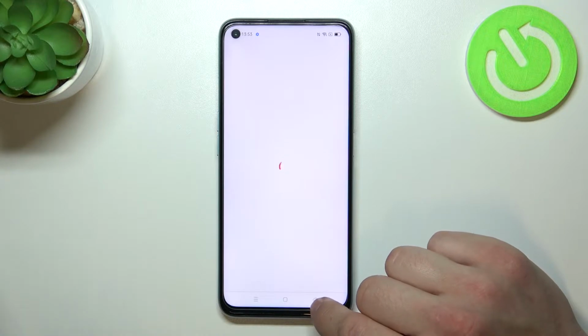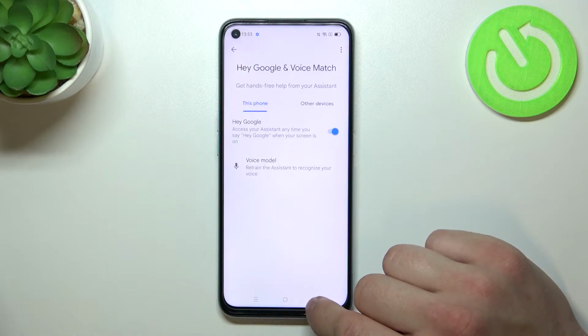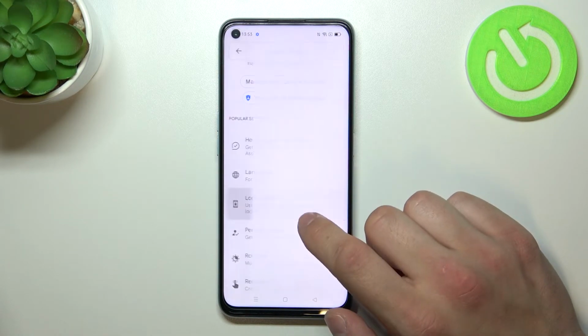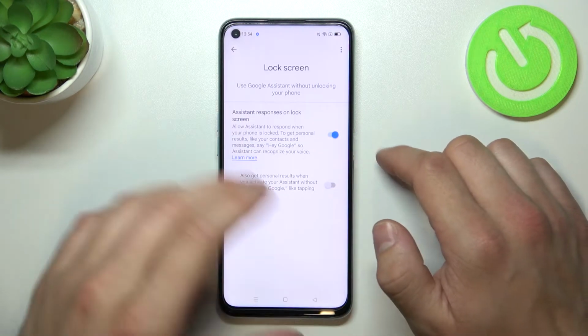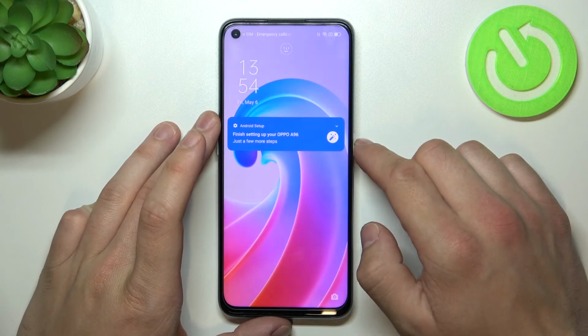Now go back, enter lock screen, and also make sure that this function is enabled. Now you can simply lock the screen and say, Hey Google,